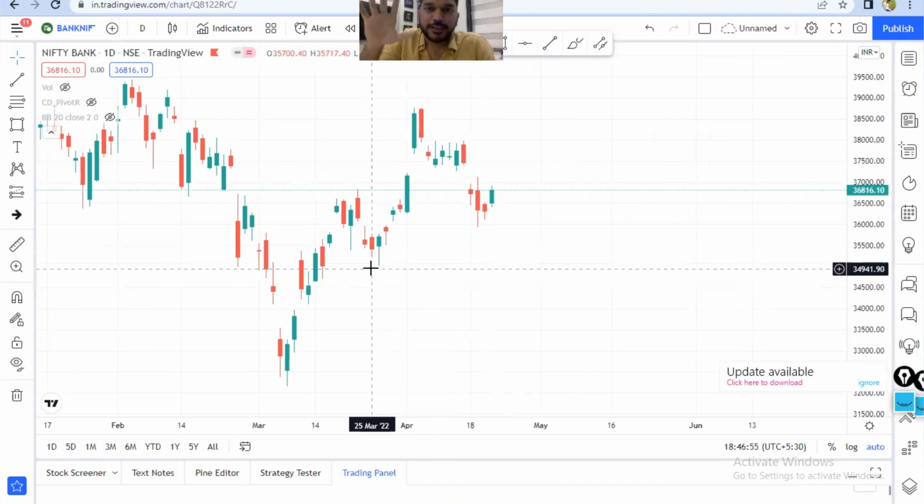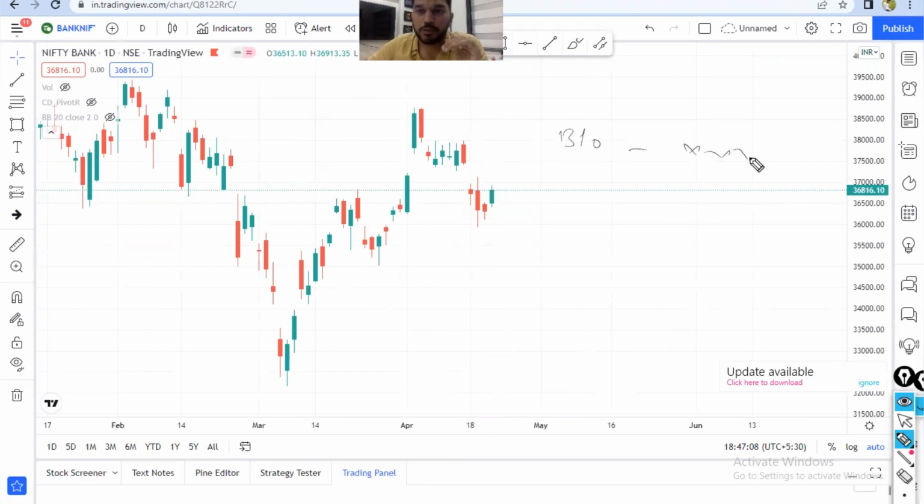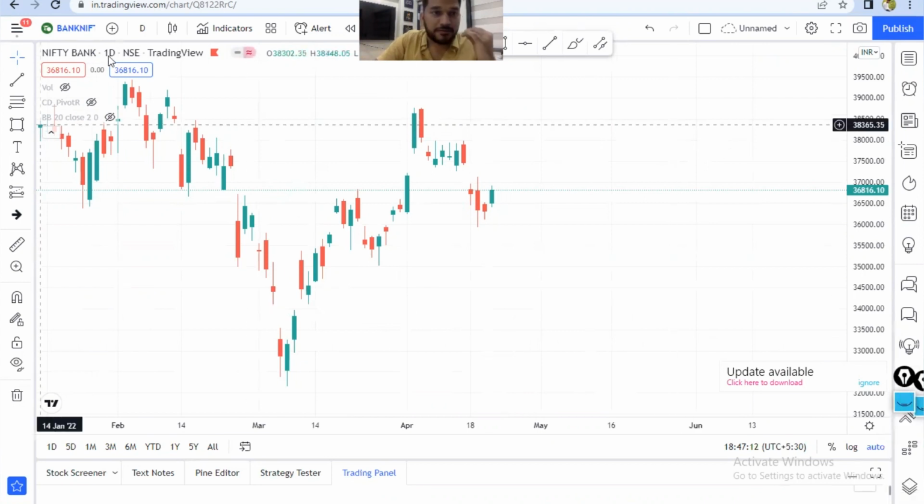So let's talk about today's price action, because you're going to learn quite a few things, and one of the major things is going to be how to decide what is a good breakout and what is not a good breakout, right? So first things first, let's have a look at the chart of Bank Nifty on a